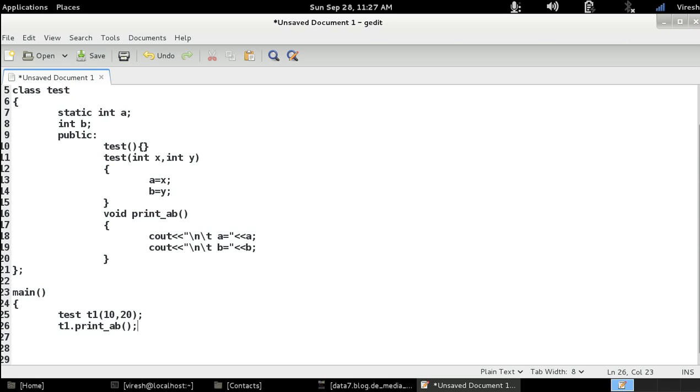Fine. So due to which the value 10 gets printed for a, and the value 20 gets printed for b. Now suppose I create another object, test t2, with the values say 50 and 100. Now you might be under the impression that, as in the normal variable case, 50 gets assigned to the variable a of t2 and 100 gets assigned to the variable b of t2, but in this case a is